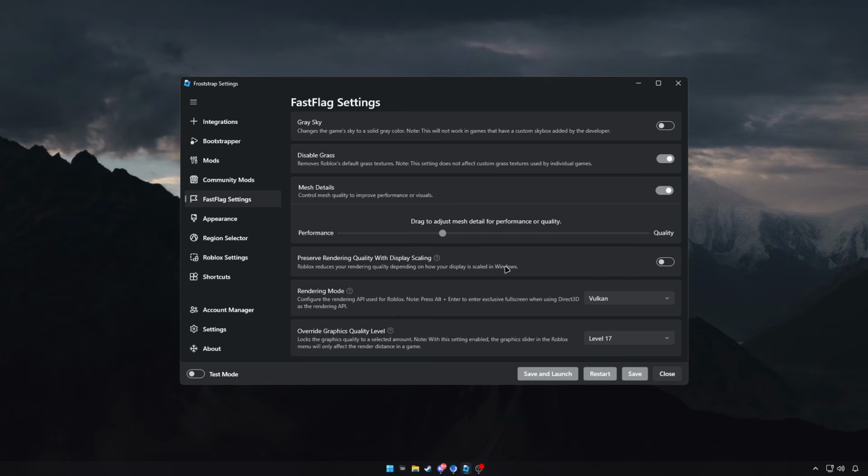I recommend you have this disabled because this is how Windows scaling does it, and you want to keep Roblox's rendering scaling at its normal. Now, the next thing is Vulkan, OpenGL, and DirectX 3D11. Now, DirectX 3D11 is the newest, but there's also Vulkan. What I recommend for most users is to use DirectX 3D11 because it can help in most circumstances and